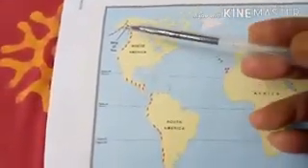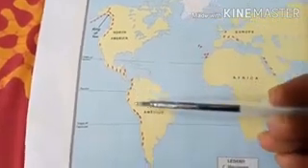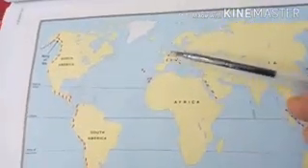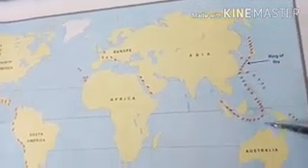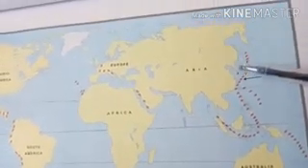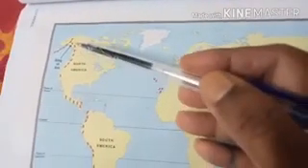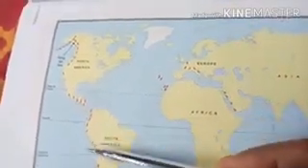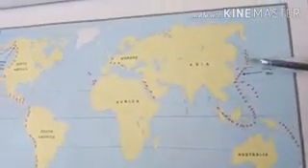Now let us look into this map, children. See, these are the areas where you find volcanoes. We studied that they will be near the plate margins, where it is always feeble and unsteady. See, these are the areas, the Ring of Fire. Constantly they are active volcanoes, and you can see them constantly burning out, and this is known as the active Ring of Fire. 60% of the volcanoes are found in the Pacific Ocean.